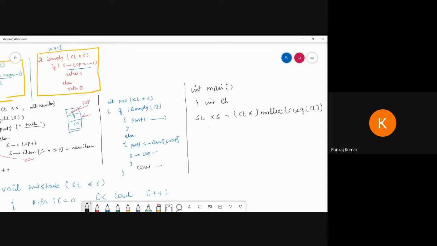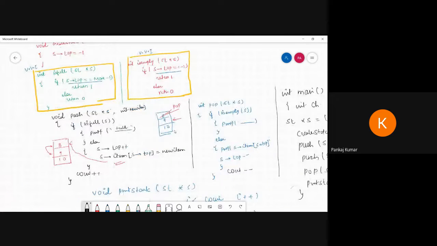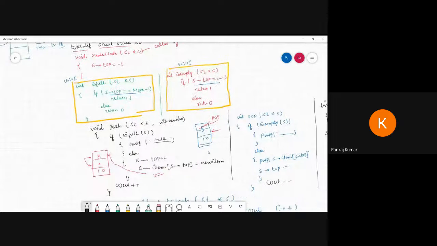Okay, and here I create the stack, and here I am passing small s. This is the small s pointer, so it will be passed. And suppose you want to push, then push s comma 1, then push s comma 2, like this one. Suppose you have to pop, then you pass it like this and close the bracket. And even if you want to print all the things, you create a print function: print stack, pass s and close the bracket. Among all the things, the important point is this one.